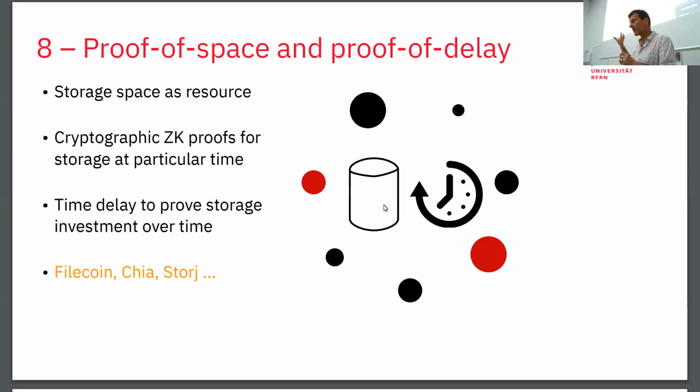It's not as simple as it looks here, because random choices and other things happen there too. You need to prove that you store a certain amount of storage. You don't want to disclose all the single bits, you cannot simply send them around. So you have to do something smart and clever in a cryptographic way to prove that you're actually storing it. And then you have to add the time domain, because it's not enough that you prove you hold it today. You want to also be sure that you store this data over a certain time period. And so Filecoin and Shia are probably the most famous ones that I would call work in this model.